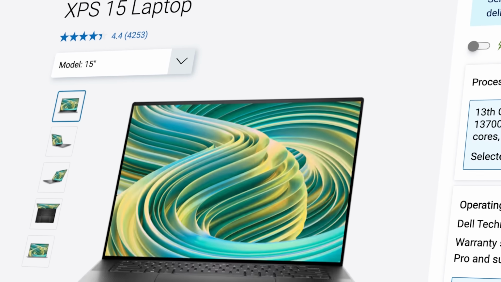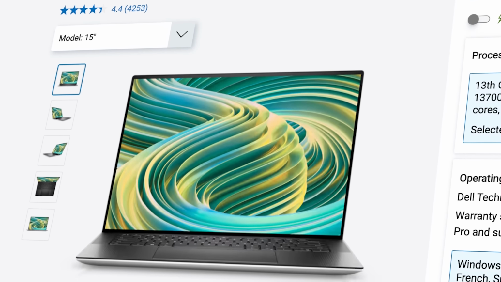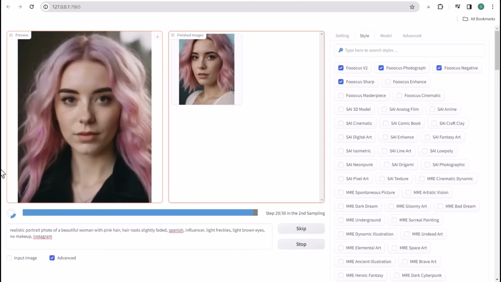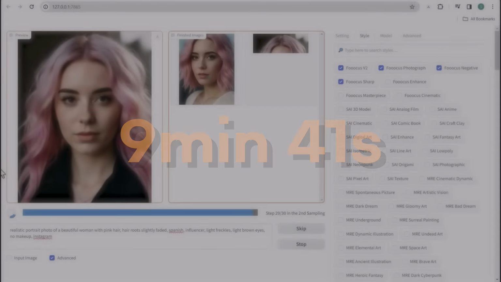And to be fair, if I was working with a more powerful computer, this would probably be faster. My laptop, while great, isn't exactly a gaming laptop. It's a Dell 2022 XPS. So that is definitely something to keep in mind if you choose to generate free AI art images with an open source image generator. In total, it took an incredible 9 minutes and 41 seconds for it to generate 2